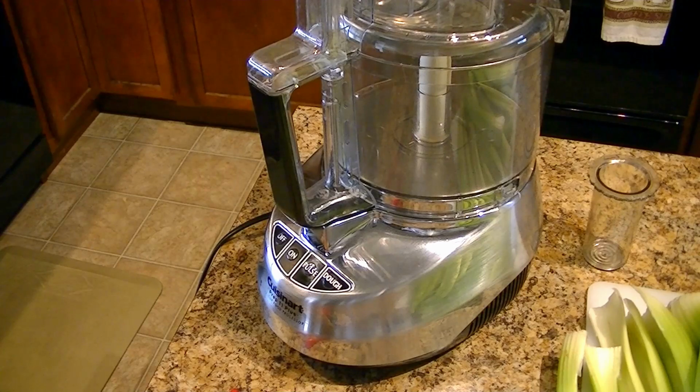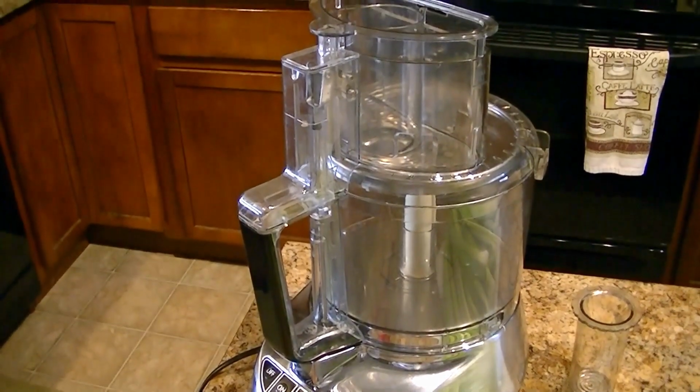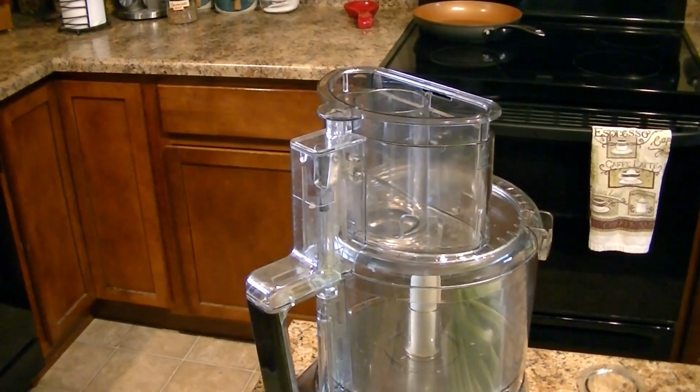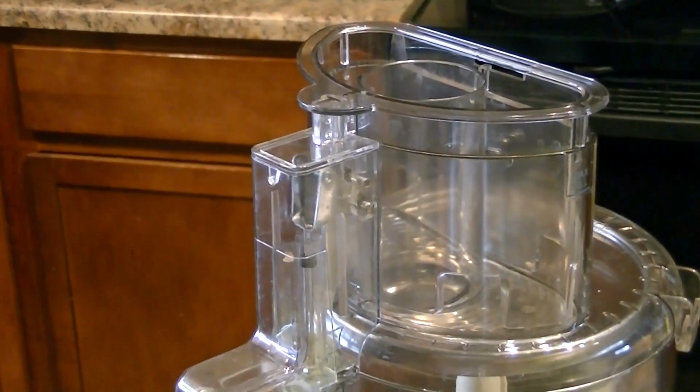Today I'm making the first stage of celery salt, or celery powder. There's my trusty little Ninja Cuisinart Prep 11 Plus, and I've already put Dawn dish soap on the lugs so it comes off so easy, comes apart. And what I want to show is a little bit of my mania,